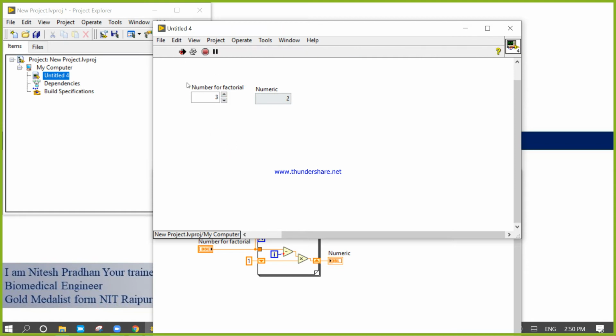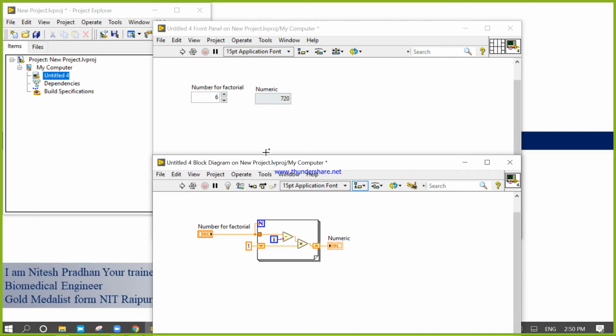If I insert 3, 6, 4, 24, 5, 120. 5 multiplied by 4 multiplied by 3 multiplied by 2 multiplied by 1. Okay, so it is a factorial program. It's a very easy program.